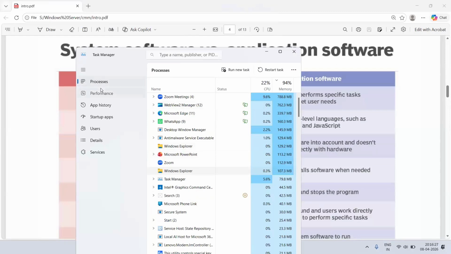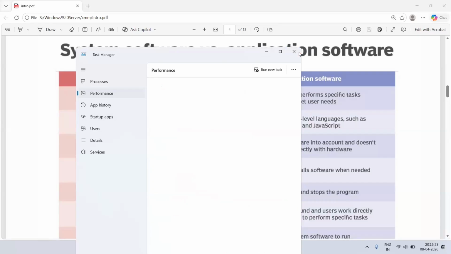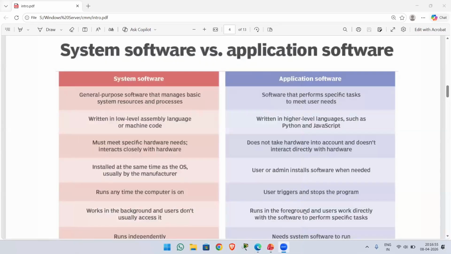And when you go to the performance tab, here you can monitor the resources, right? So the CPU utilization, memory utilization, disk utilization, network utilization. All these things you can monitor. You can monitor your resources from here, right? So this is for Windows. The shortcut key is Control Shift Escape, right? Or the alternative way, what you can do, you can go in the taskbar, and in the taskbar,